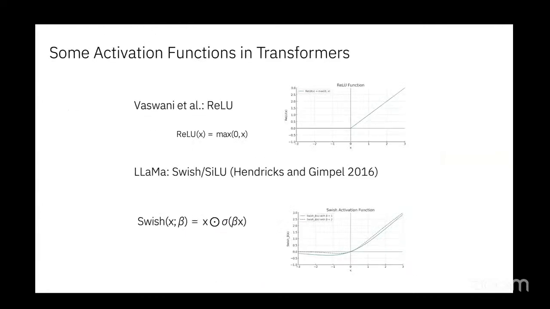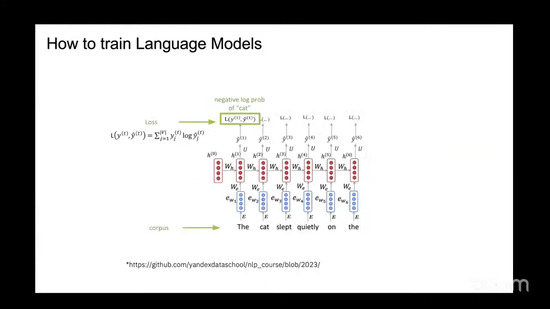Okay, we can skip over a few things in the interest of time. Now the most important question is, how do I actually train these models? Let's say I have huge sequences of input and output. If I want to train these models, I take all the corpus of text which is available to me.